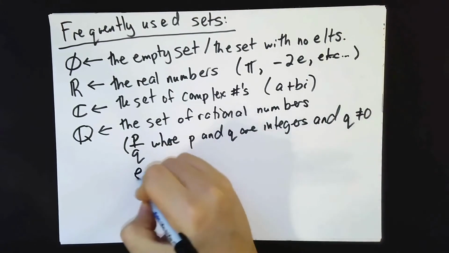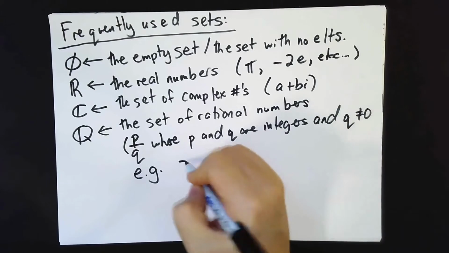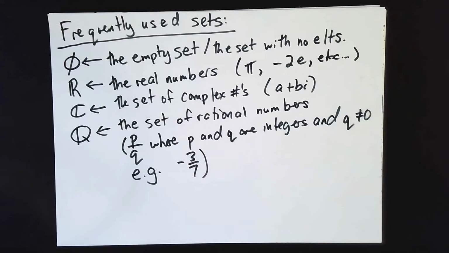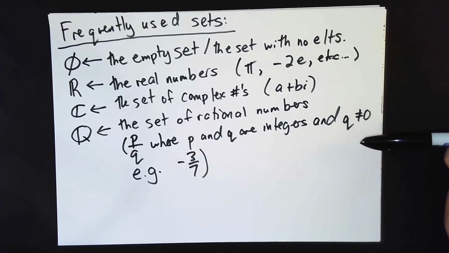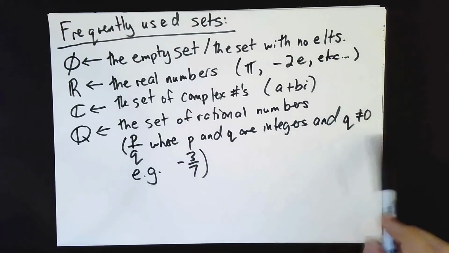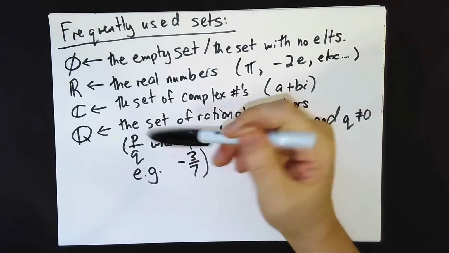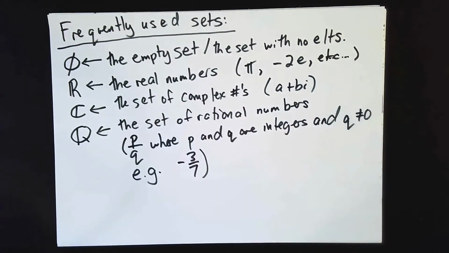So for example, -3/7 is a rational number. These are also the numbers that, if you think about their decimals, have a repeating decimal, or finite decimal, which I guess is a repeating 0 at the end. So that might be how you're used to thinking about these. But they're numbers that can be written as fractions, where the numerator and denominator of the fraction both happen to